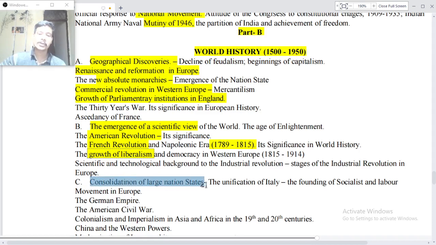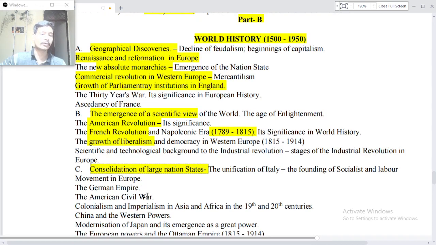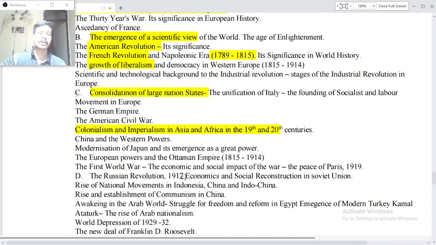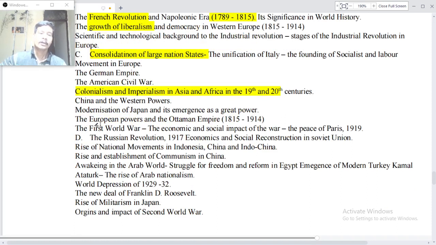consolidation of the large nation states, the unification of Italy, the rise of socialist and labor movements in Europe, the German Empire, the American Civil War, colonization and imperialism in Asia and Africa, 19th and 20th centuries, China and the Western powers. The European powers and the Ottoman Empire, 1815 to 1914, the First World War, the economic and social impact of the war, and the Peace of Paris 1919, the Russian Revolution of 1917,